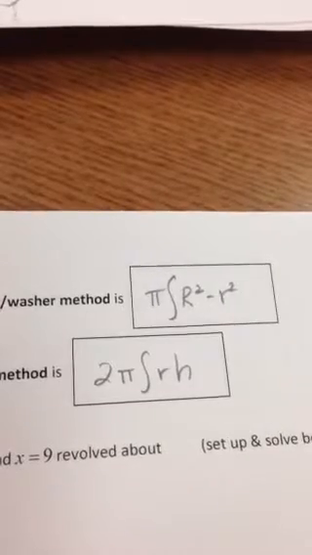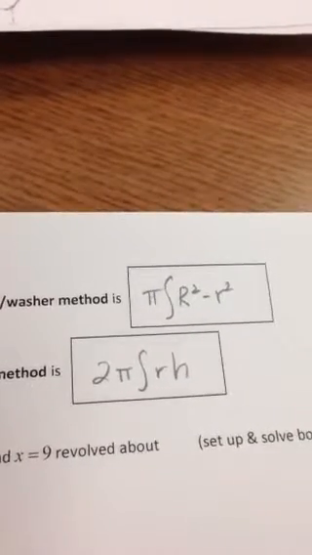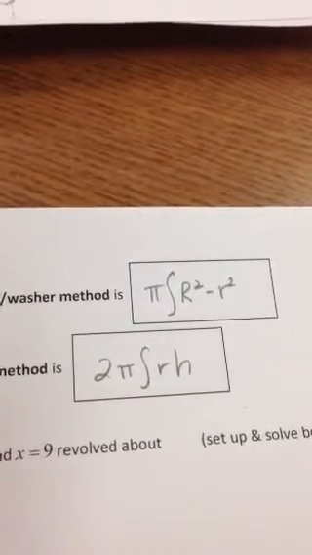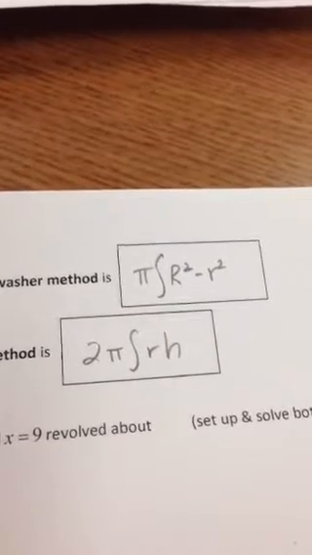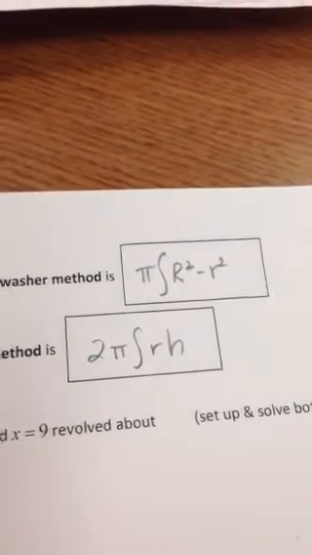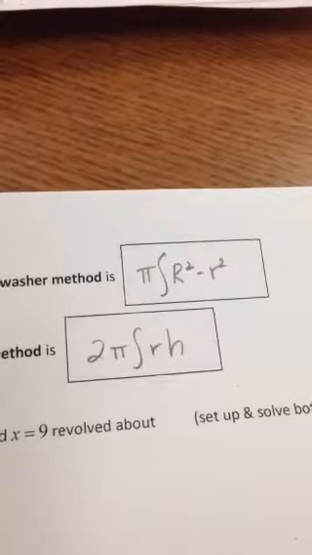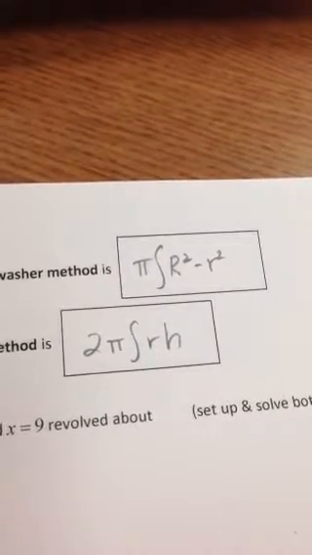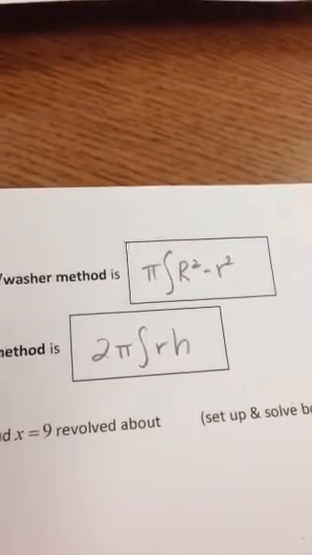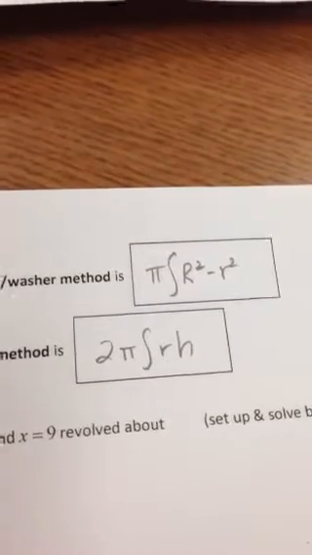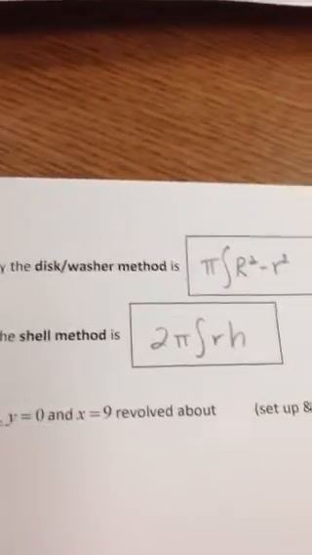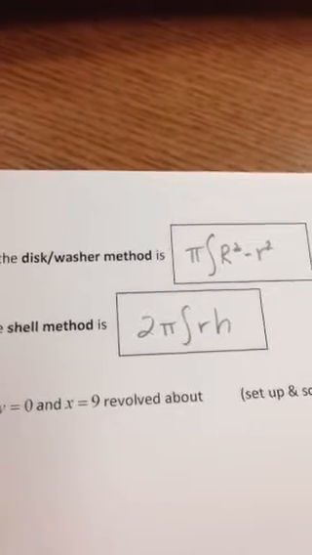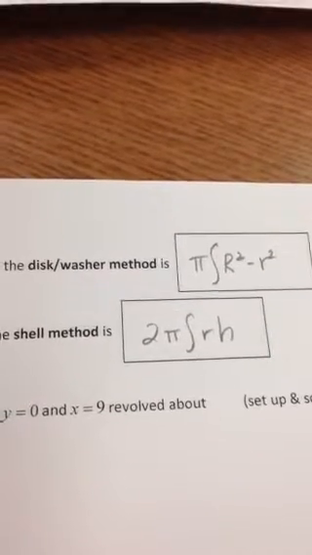uppercase R squared minus lowercase r squared, indicating the inner and outer radius. Inner radius, the smaller radius, being lowercase. Outer radius, the larger radius, being uppercase. Then this is going to be dx or dy depending upon how the washers are swept. The general form for the shell method is 2 pi r h, again dy or dx, and we'll discuss that further